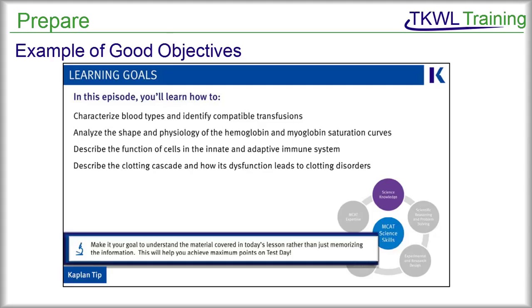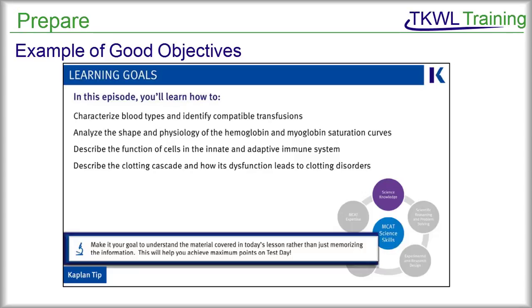This is an example from the MCAT channel episode on blood. Notice the active words like characterize, identify, describe, and how X leads to Y, and that each of these objectives would be testable orally or through short answer questioning or even multiple choice at the end of the lesson. The student is now on notice as to what will happen during the lesson and what they'll be responsible for